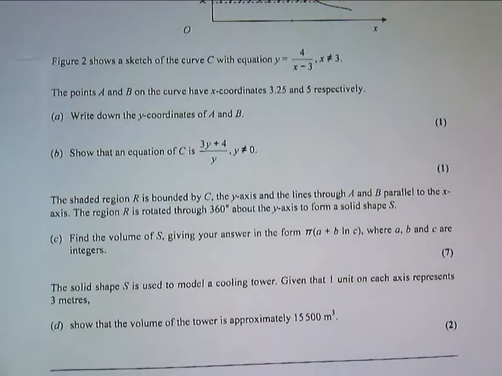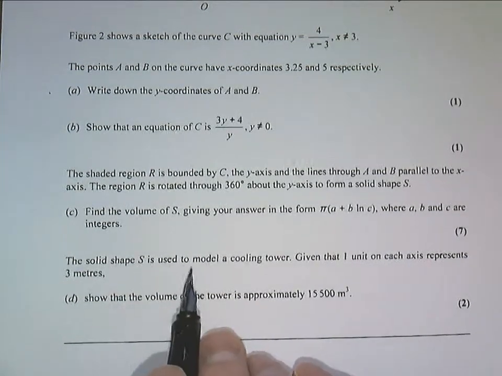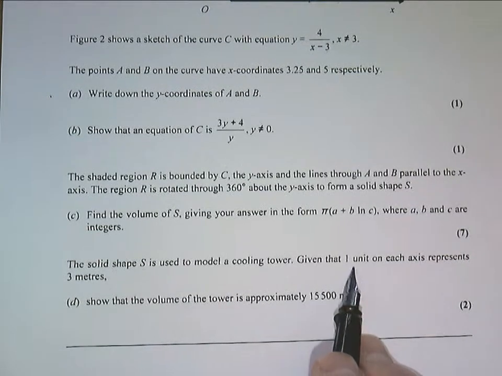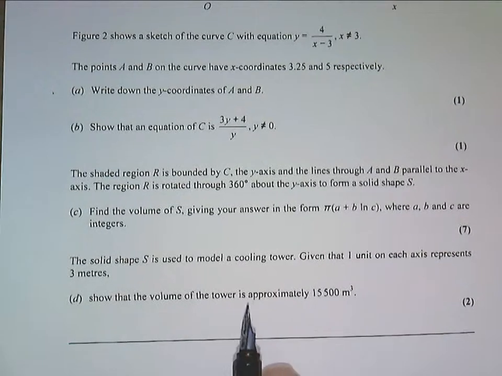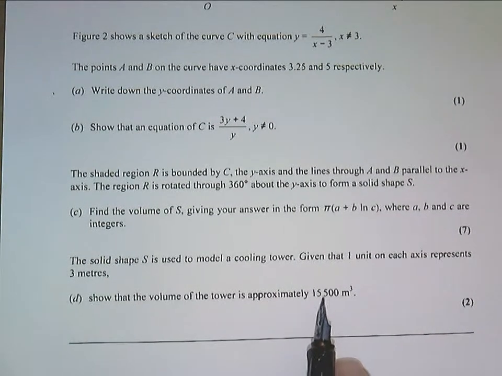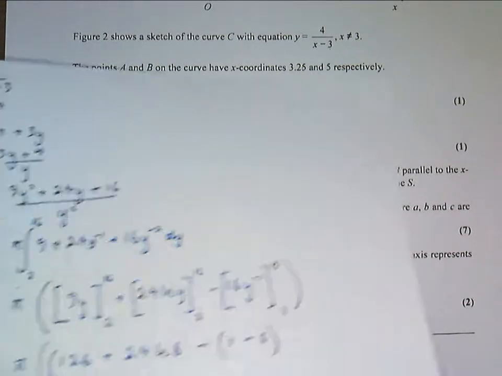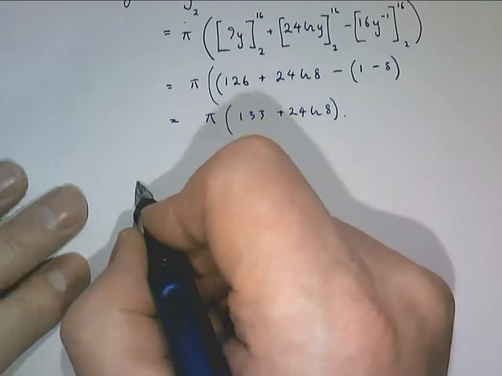Well, the next bit of the question says the solid shape S is used to model a cooling tower. Given that one unit on each axis represents 3 meters, show that the volume of the tower is approximately 15,500 meters cubed. Well, for this, we just need to remember a fact we knew at GCSE, that if the